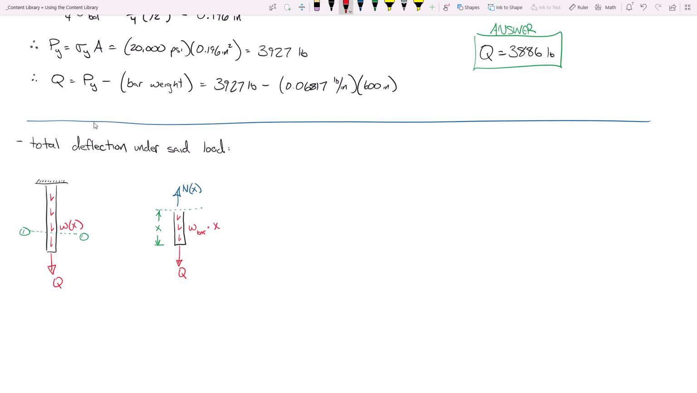Up here, in order to compute Q, we took the yield load minus the bar weight. And how did we determine the force from the bar weight? We took this 0.6817 and multiplied it by the length of the bar. So I propose that the axial load inside the bar from the self-weight is equal to the weight of the bar per unit length times whatever length of the bar that we're considering. If the bar length is 3 inches long, we're only dealing with this much force. If the bar length is 692 inches long, we're dealing with that much force. Does that make sense? So I propose that if we sum forces in the y direction,